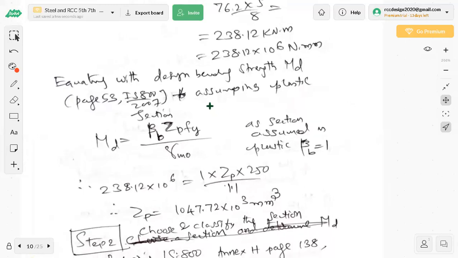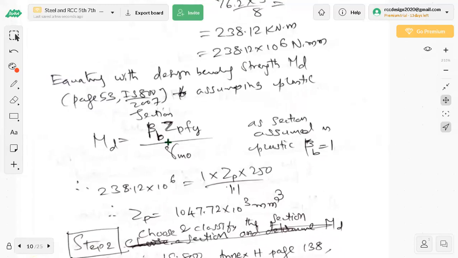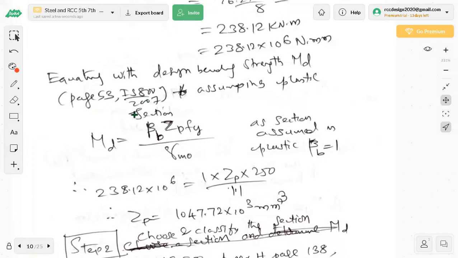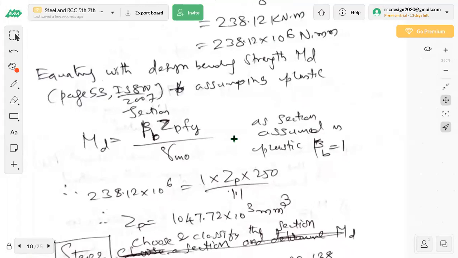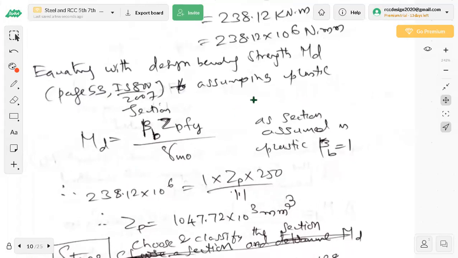Next, once you do this, now I have to use a formula because this is bending moment. It must be equated with moment of resistance. Where is the moment of resistance formula? It is there in the code book, page number 53 of IS 800. You open that page. I'm having all those pages here. Then assuming a plastic section, observe here, this formula is same as strength of materials. Try to understand. It is not a tough equation or anything like that.